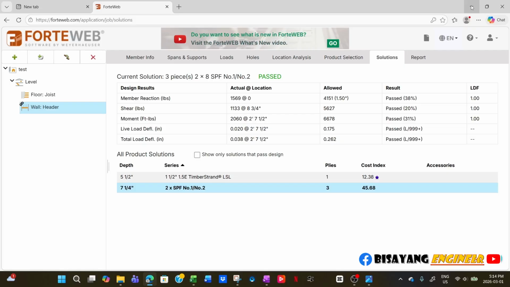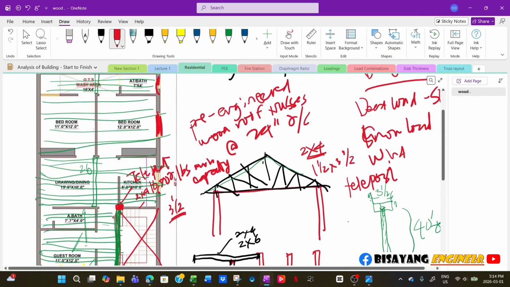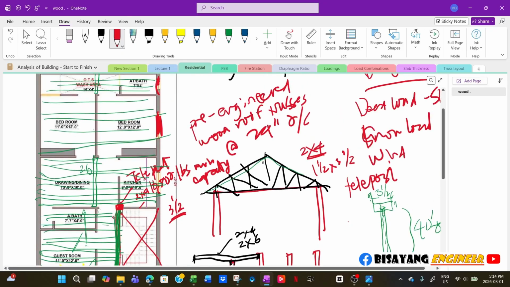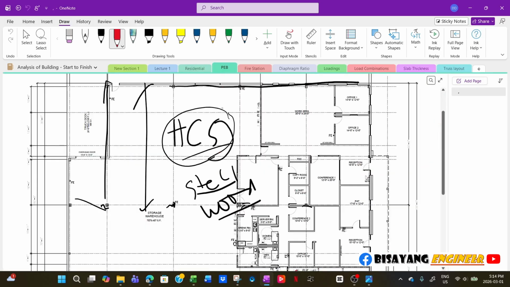Yeah, like I said, minimum is 2 by 8. That's what we typically use, 2 by 8. So in this case, we already did the framing plan. This is a residential building, so it's really easy. And if we go with this one here,